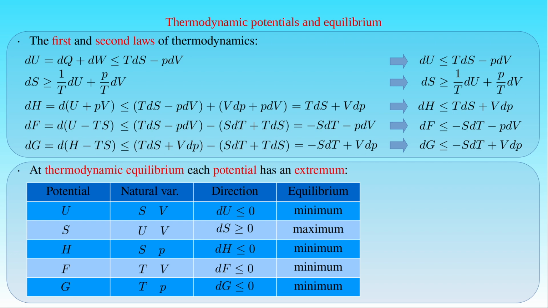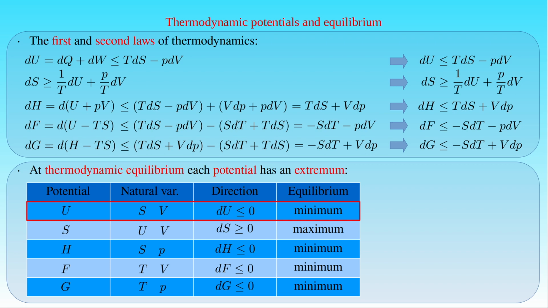Then these extrema can simply be determined from the inequalities based on the same laws if the natural variables of the potentials are held constant, that is, when their differentials are equal to zero. Then the right-hand side of the inequalities vanishes and we conclude the following. In an isentropic and isochoric process, the infinitesimal change in the internal energy U of a system is less than or equal to zero. The internal energy of the system decreases during the process, and it has a minimum when